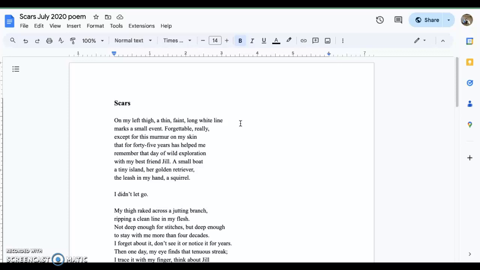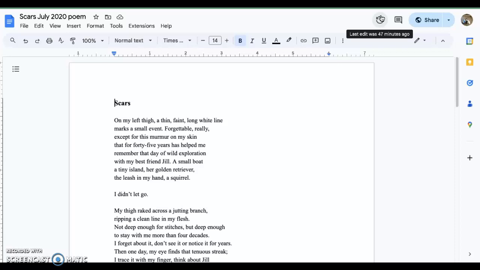So if some of you have started working on your revisions in the original Google Doc and have not made a copy of the Google Doc, all is not lost. You can get back to that original version of the poem. When you're in your Google Doc, along the top of the page here, you'll see this little time clock, and when you click on that, that will show you the different versions of your document that you have created and worked on over time. So you can actually click on that little time clock. It will show you the different versions. You can select a different version, and it will allow you to restore that earlier version